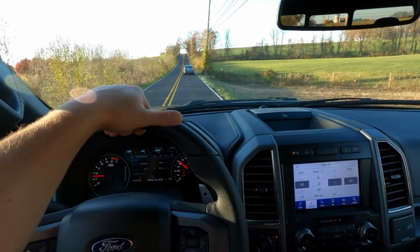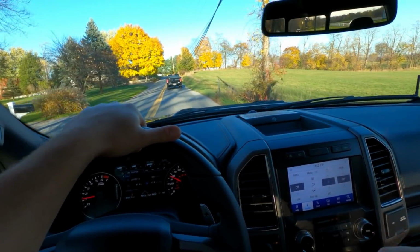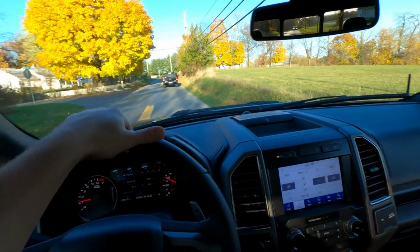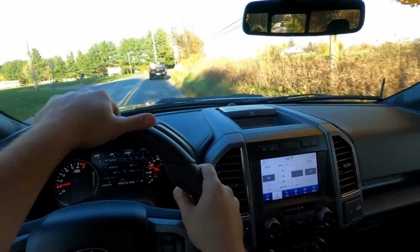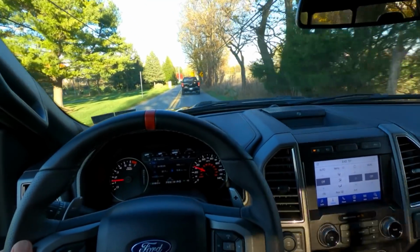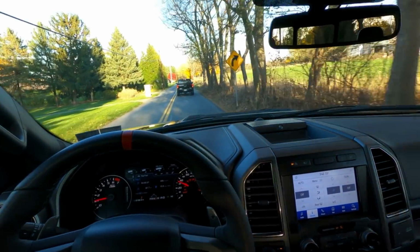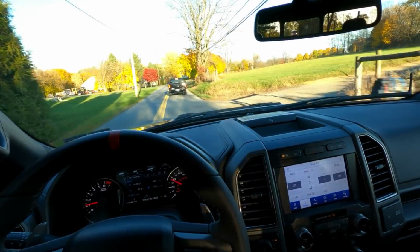It is a badass truck, and you feel cool driving it. I always talked about it on the channel, like, yeah, I'll get a Raptor, maybe an original, maybe a second gen, I don't know. But you guys know, when I say I'm going to do something on the channel, I always do it. It took some years to get a Raptor, but I always do it. And I'm really glad I did, because after a couple of days,